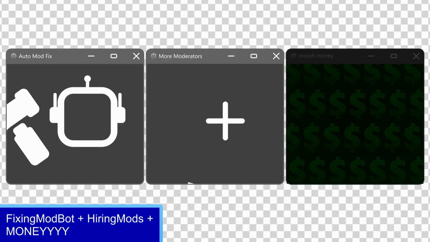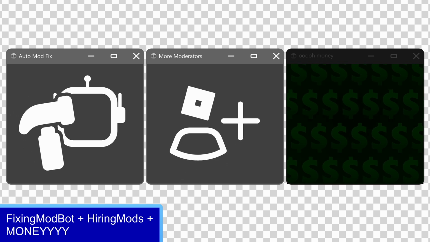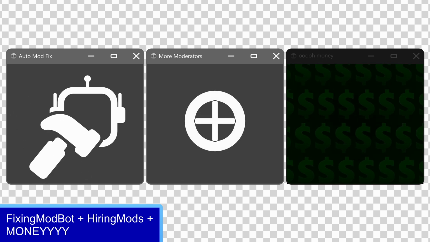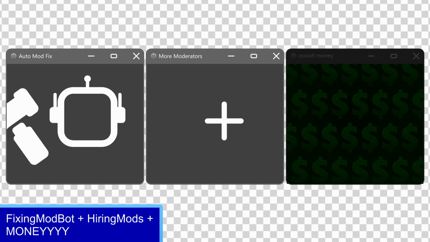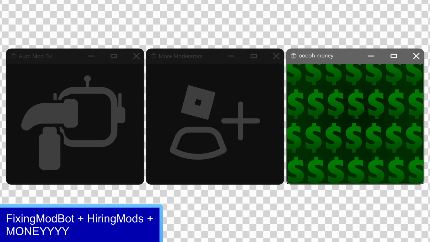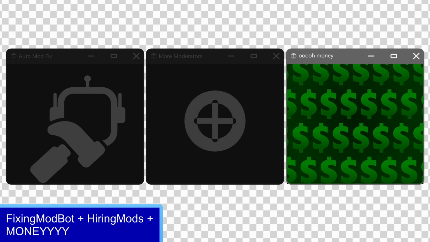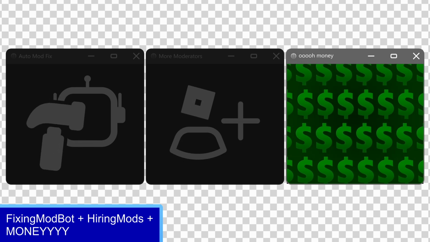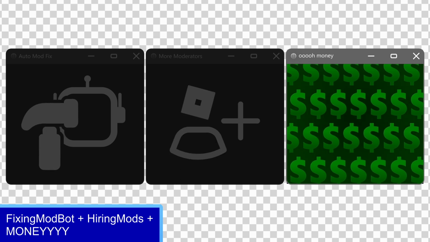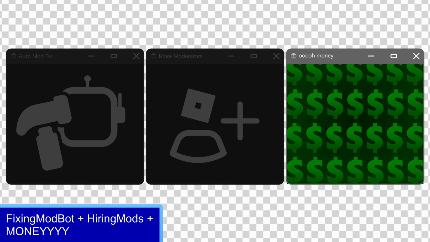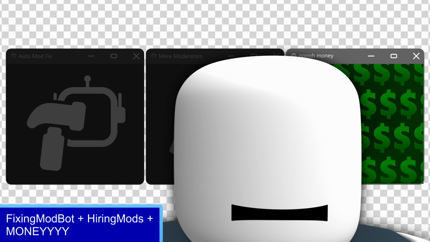These two windows were paired when talking about how fixing automod and hiring more moderators does not lead to, like, a better moderation if we look past costs, as implied with the third window, saying that doing these two things is not going to make the platform safe and welcoming for every group of people. I didn't explain why exactly, I just said this and moved on with my point. This is how undercooked this video really is.